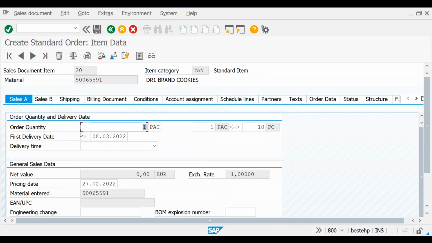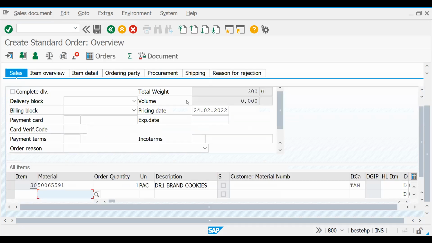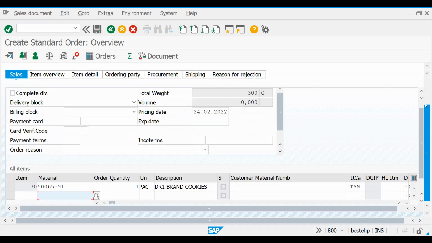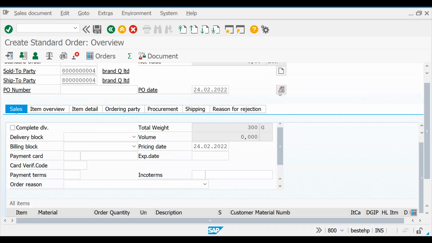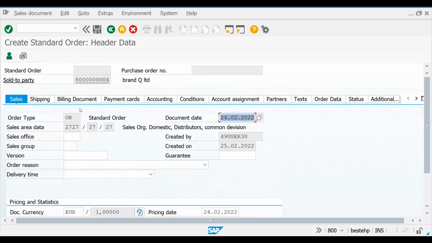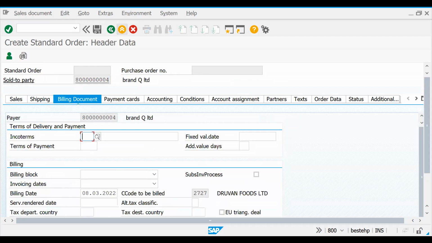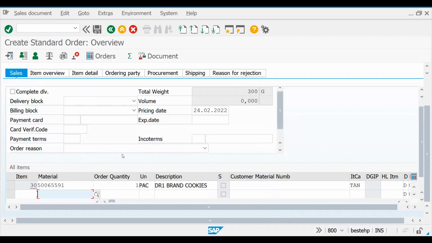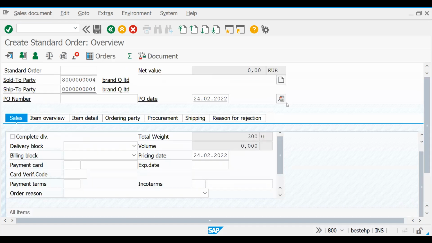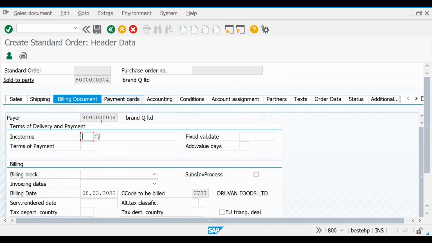If you see this pack and conversion, order quantity, these fields are only available in item. I don't require it at header document type level. I don't require the quantities and all those things at header, that is at item level. But whereas certain fields, let me try to show you one more example. If you see in billing, there is called